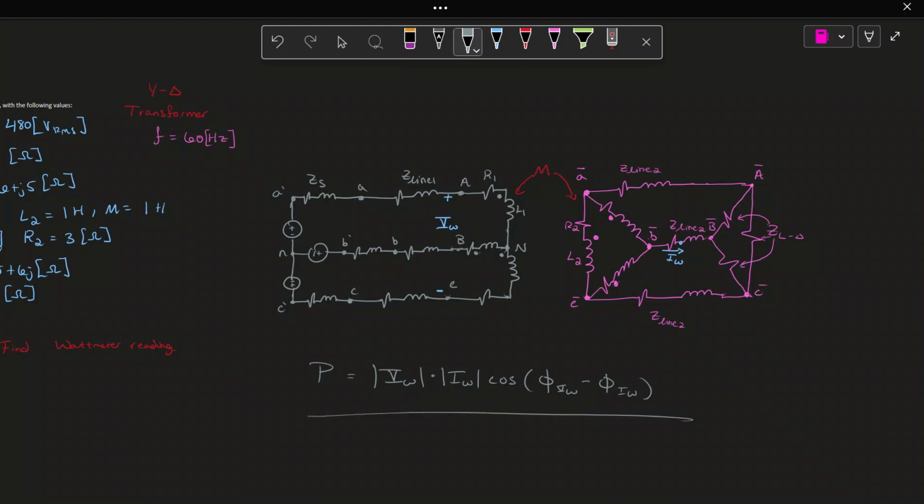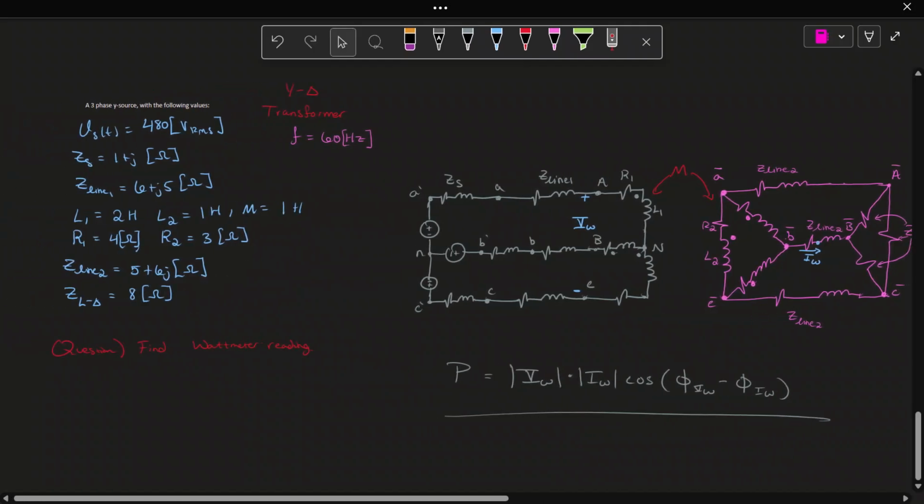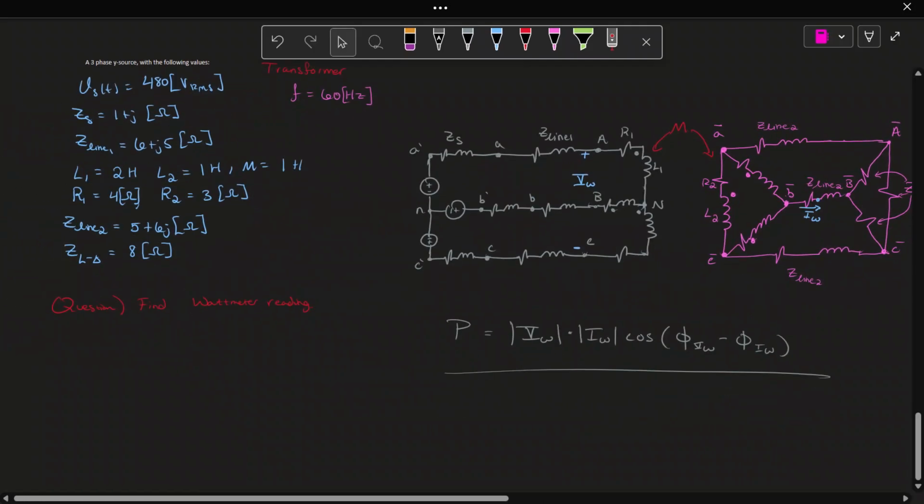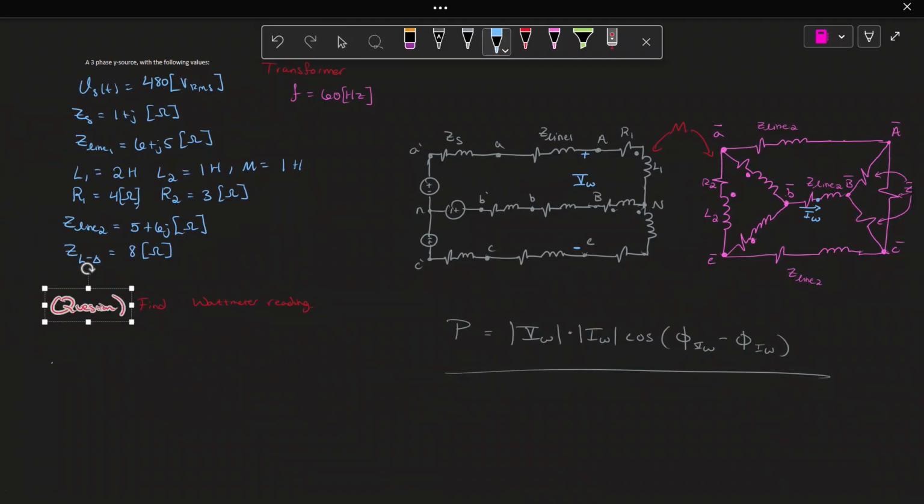We need to get the voltage and we need to get the current. So to get that, what do we need to do? Well, we need to first get this into a single phase equivalent, and usually you go with the first